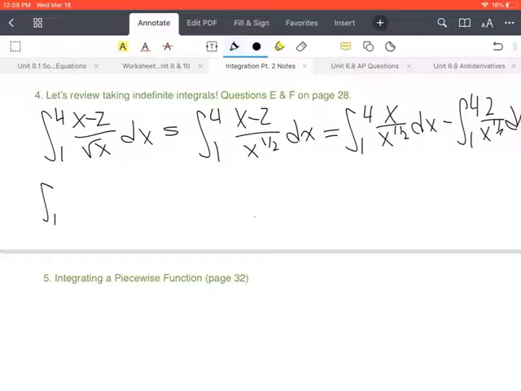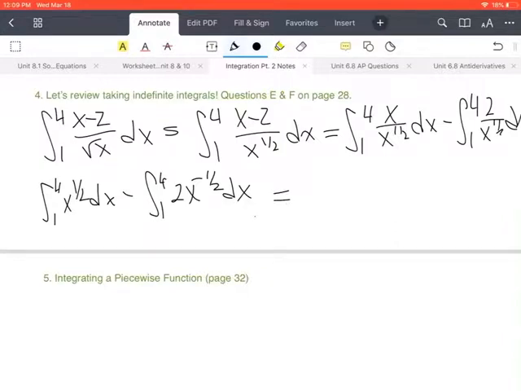That's the integral 1 through 4 of x to the first power divided by x to the 1/2 power, which is x to the 1/2 power, 1 minus 1/2, dx, minus the integral 1 through 4 of 2x to the negative 1/2 power, dx. Okay, again, we can take these antiderivatives now since we have rational exponents, no radicals, and nothing in the denominator. So this becomes,